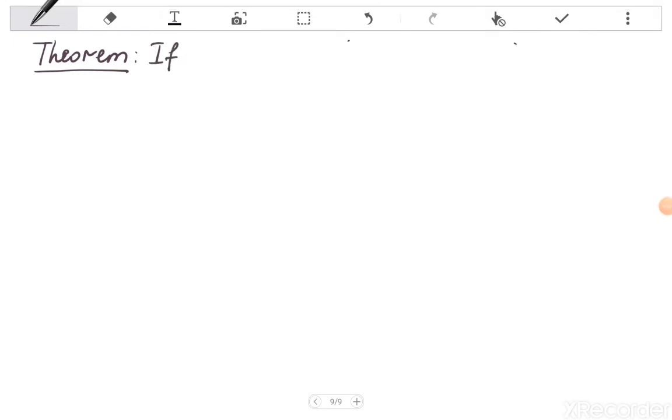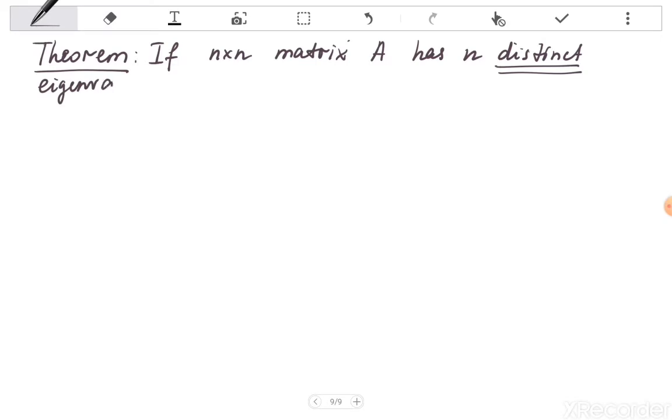If an n times n matrix A has n distinct, again it's very important here, eigenvalues R1 and so on Rn, and u1 and so on un are corresponding eigenvectors,